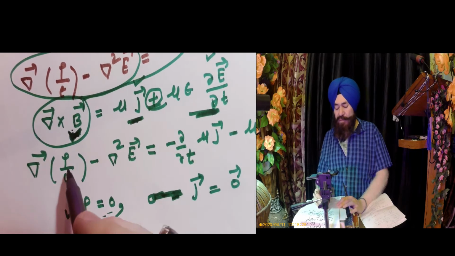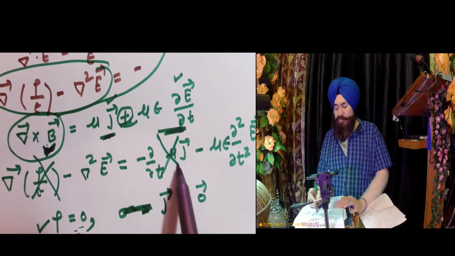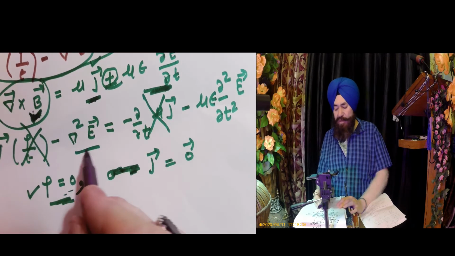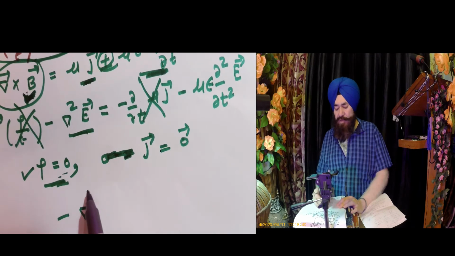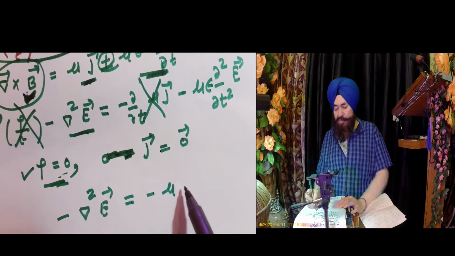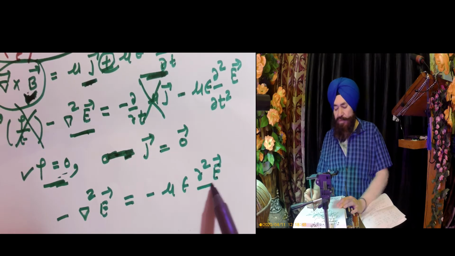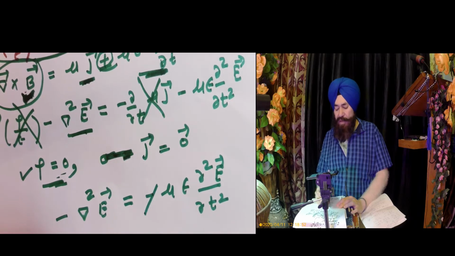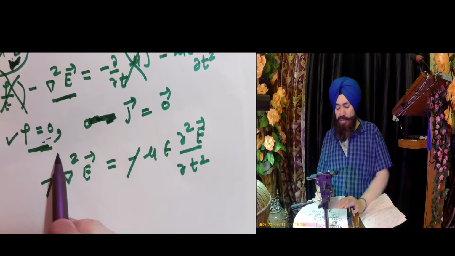So this becomes 0, and the equation becomes simply minus del square E vector is minus mu epsilon curly square E upon curly T square. Minus and minus cancels. Okay, so this is the equation